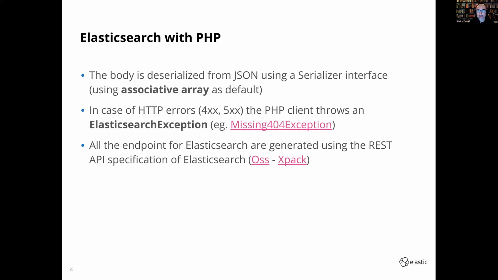All the endpoints of the Elasticsearch client are generated using the REST API specification of Elasticsearch itself. As you know, Elasticsearch is an open source project. So if you go to GitHub, you can have a look at the source code, and inside two specific folders that I pointed out here. We will share the slides after the presentation. When you see an underlined word, this is basically a hyperlink, so you can have a look at the specific link. And these are the folders inside the source code of Elasticsearch that contain all the REST API